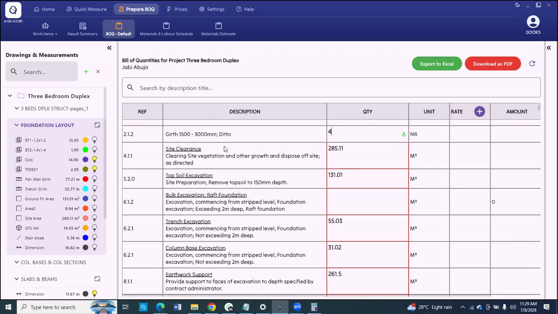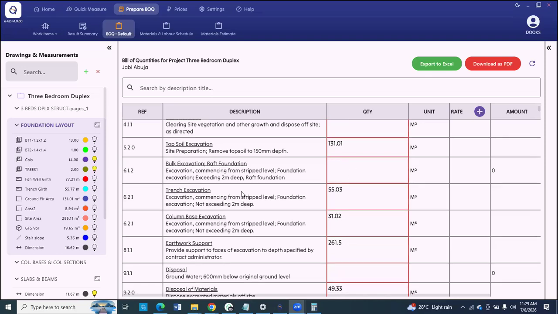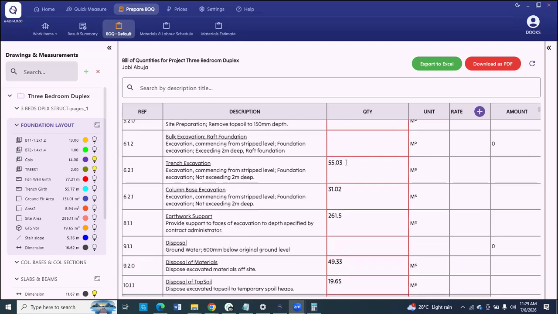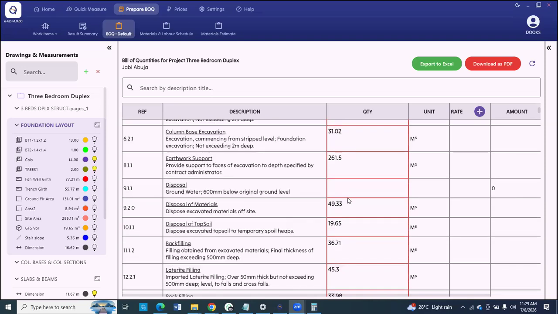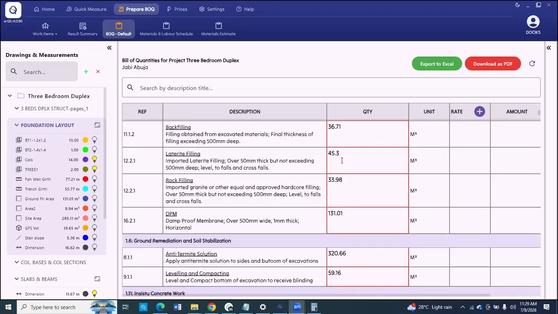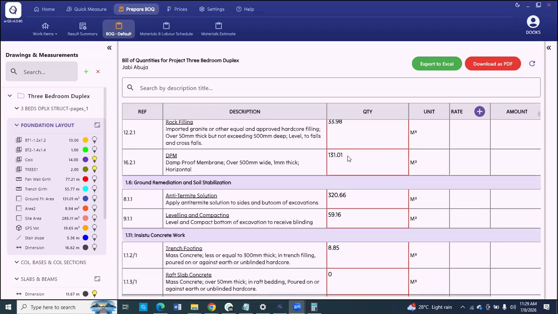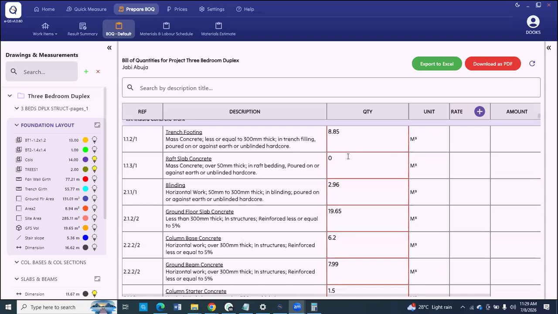So our site clearance is giving topsoil excavation. This is for raft foundation. That's why it's blank, because we don't have raft foundation for this project. Then this is the trench excavation volume, column-based excavation volume, earthwork support, disposal of groundwater. We don't have groundwater here. So disposal of materials, disposal of topsoil, backfilling, laterite filling, rock filling, damp-proof membrane, anti-termite, leveling and compacting, trench footing,